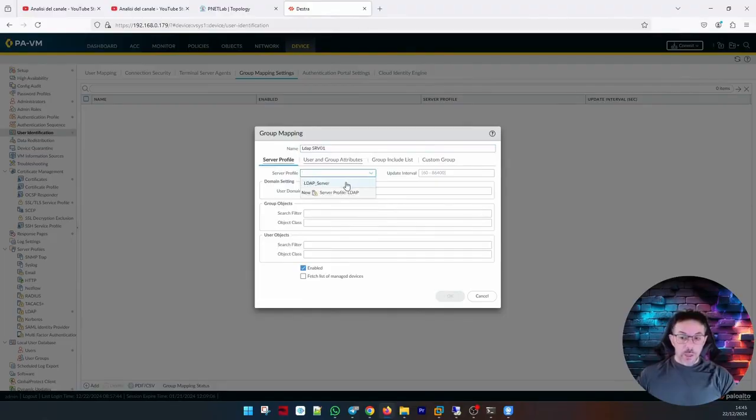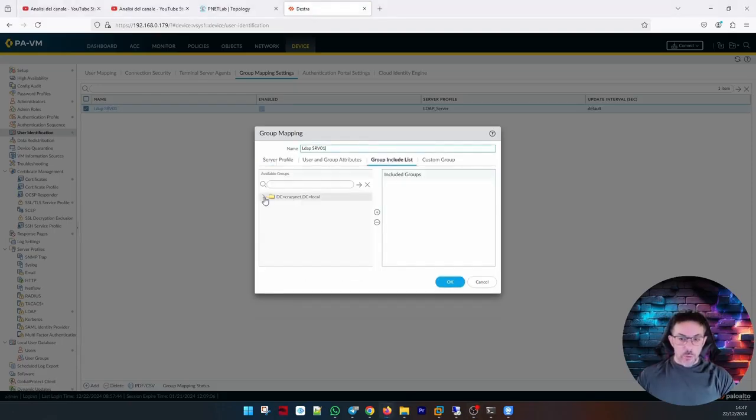SRV0 server profile LDAP server, which is the one we just created, groups. Then we click on group include list, and if everything goes well, it should show us the groups. And here are all the organizational units of our server. So we need to look for the organizational unit Crazynet. Then, as you can see here, there are some groups that, for example, are related to the video about the